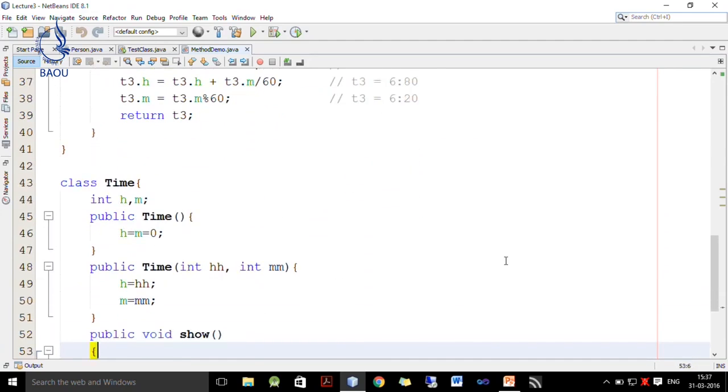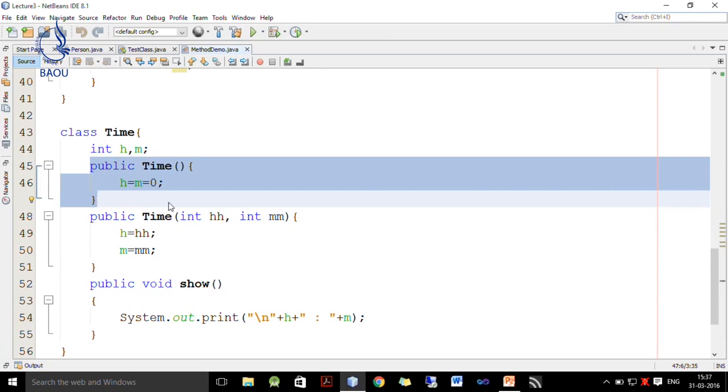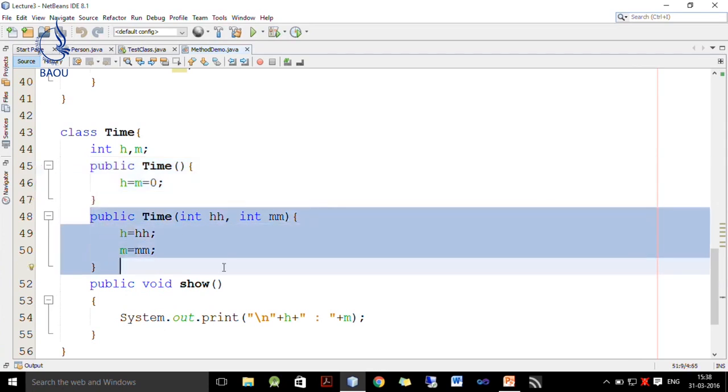Now, before we understand this method, we first want to discuss the Time class. Here, for the sake of simplicity, we have eliminated seconds, but you can also consider seconds for calculation, that is left as an exercise. Here I take only two variables which represent hours and minutes. So, it has two instance variables h and m which represent hours and minutes. This is our default constructor which initializes both hour and minute to 0, and then we have one parameterized constructor which initializes hour and minutes to the values specified.